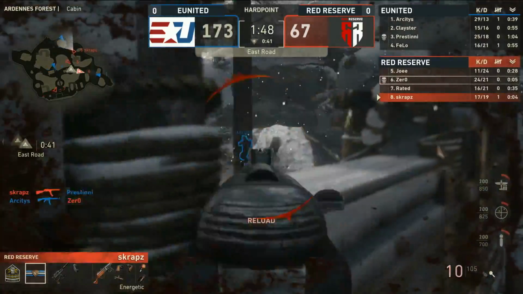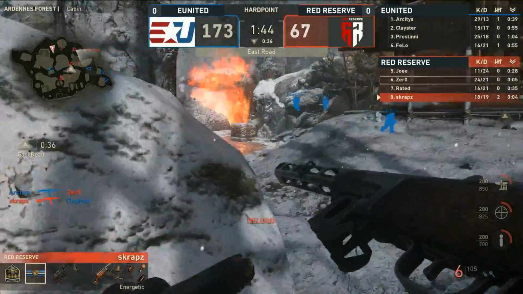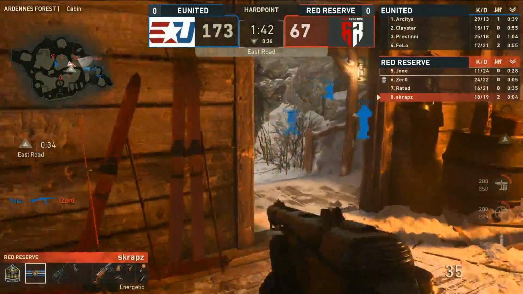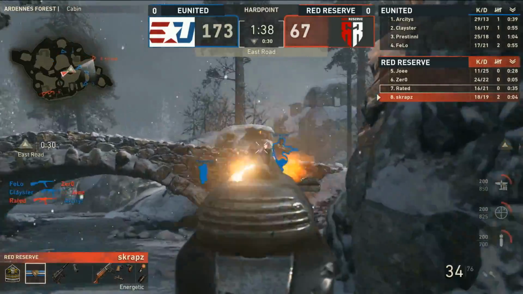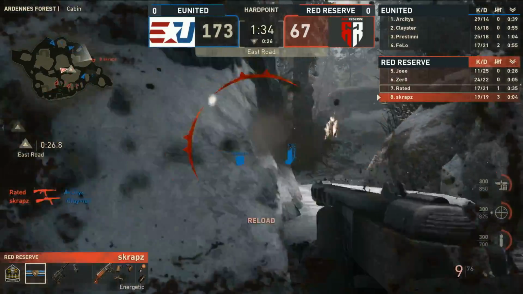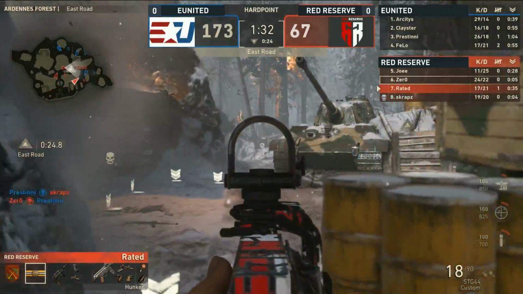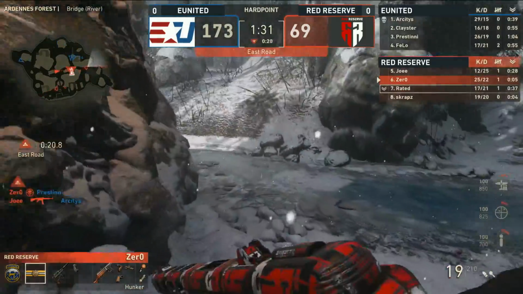Well, Scraps trying to make the plays here. There's 2, he lines up. Nice shots with the PPSH as he gets control of this wood wall. Trying to lock down cabin. His teammates finding as much time in the hard point as they can. A cheeky little flank around through ice. That's a gunfight you're probably never going to win. And finally, he will end up falling, but the lead still, it's just hovered around 100 points for what seems